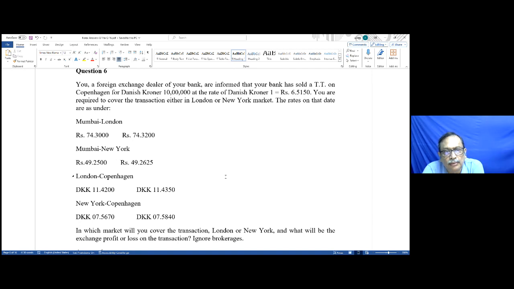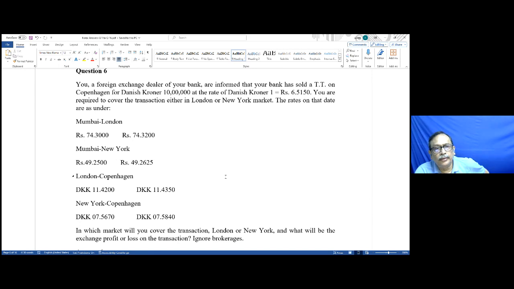You are required to cover the transaction either in London or New York market. The rates on that date are as under: